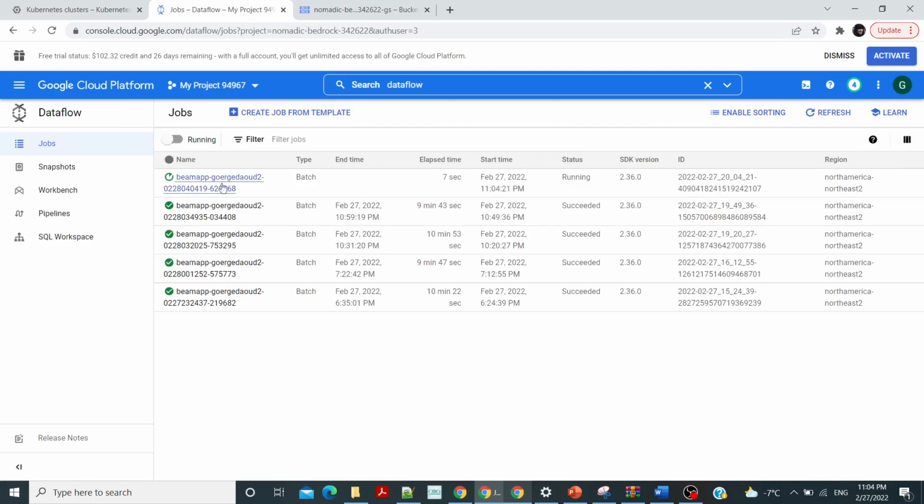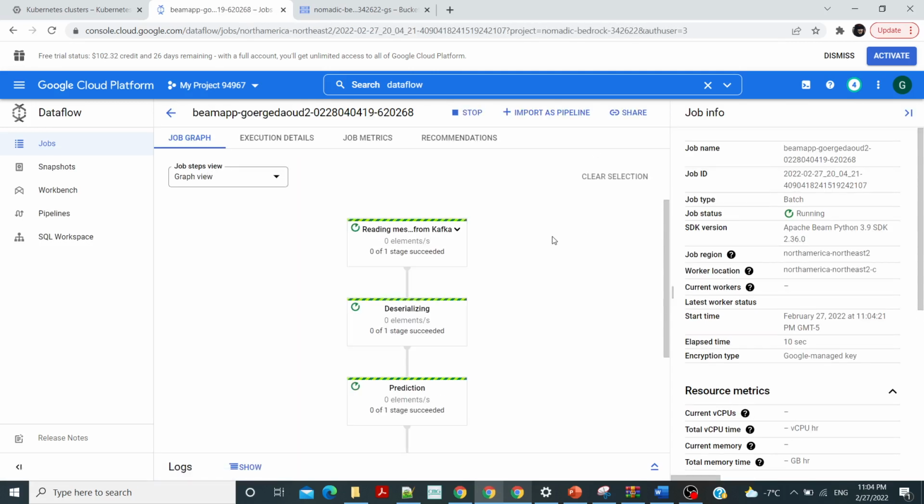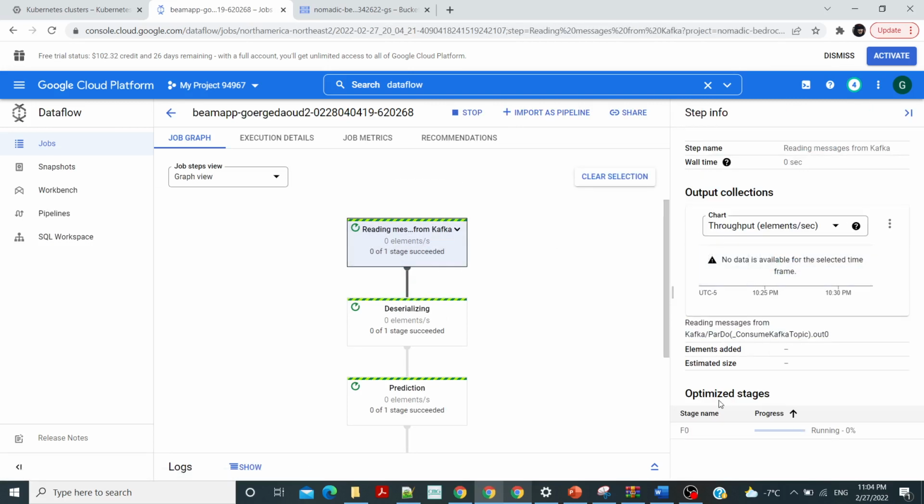So go back and you will find that there is a new one that will be created and you will wait. Okay, it is running and the emit is 0. That's okay,